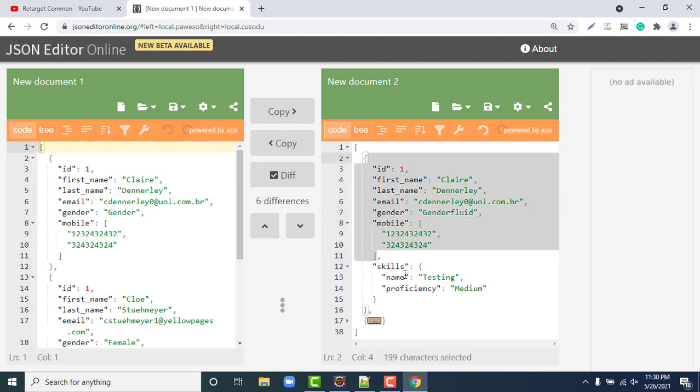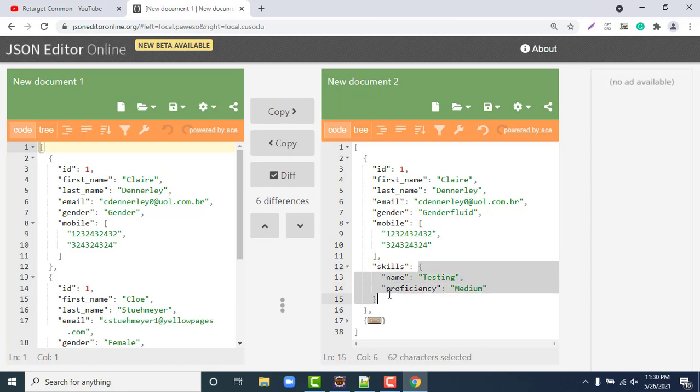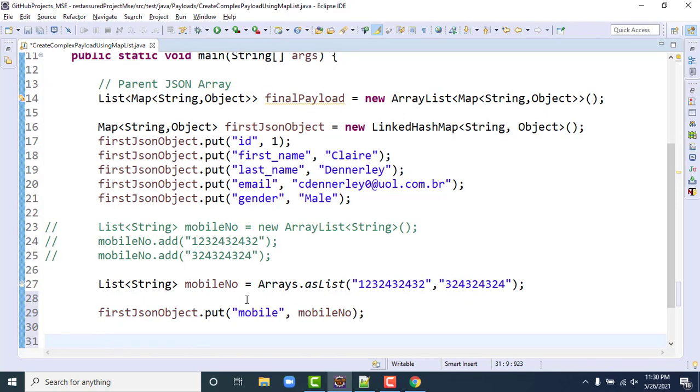Now comes skills. If you see, skills is a key and this holds a JSON object, right? Correct. So let's create a map for this JSON object. Map of string and object, skill set 1, new hash map, or whatever you want to use.